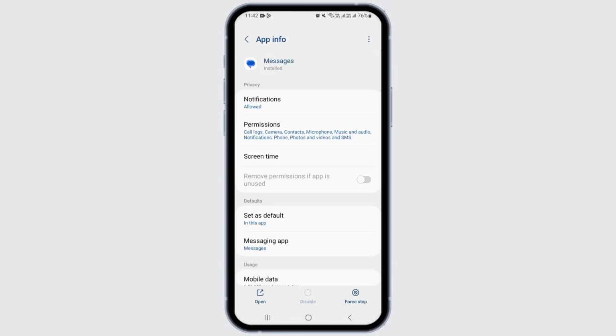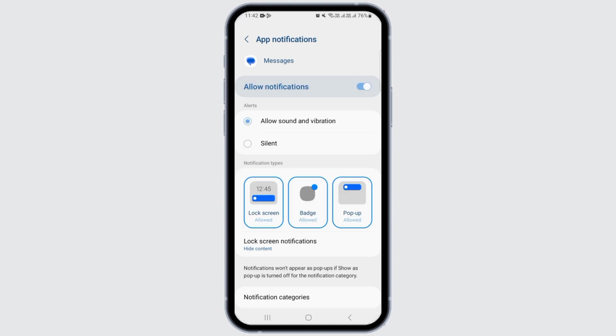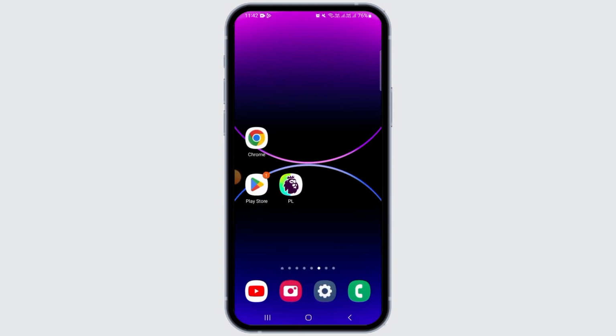been deleted. After that, you want to tap on the notification, and here if the notification is not allowed, you simply want to toggle on the notification. Now you should be able to receive the verification code via email or via message, and that's it for this